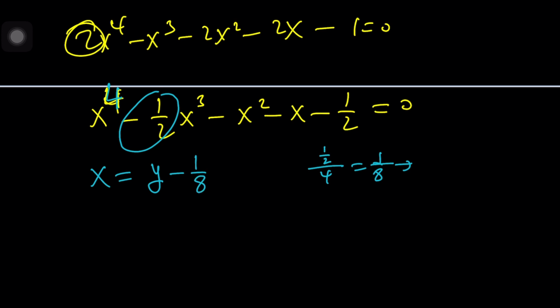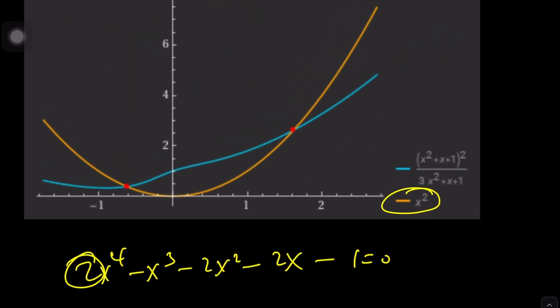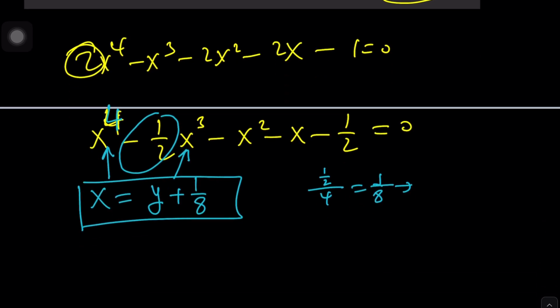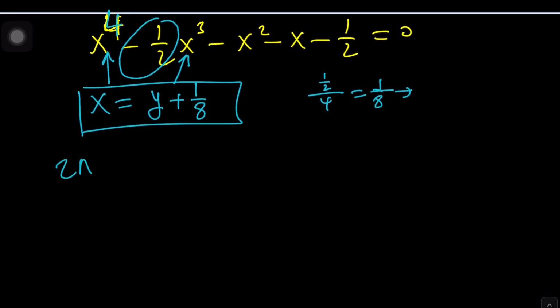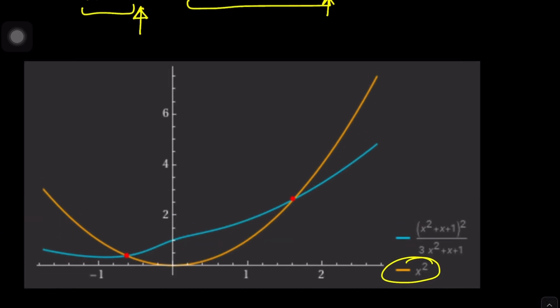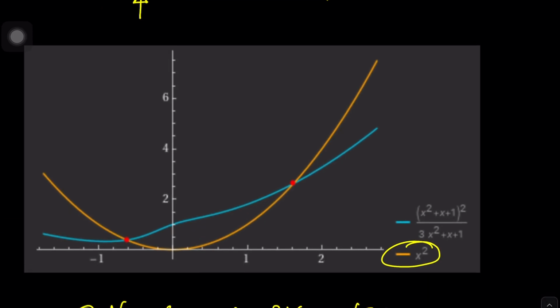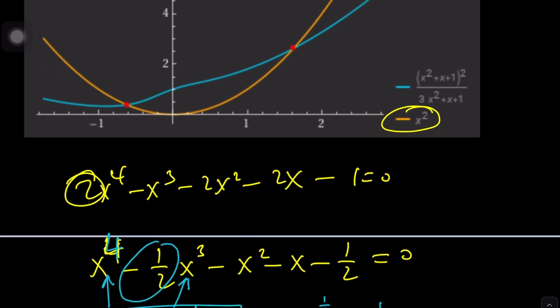Plus, I think there should be a plus sign. Anyways, if you do this, then the cubic term will disappear, and then you can try to solve it. But this is way too long. This is complicated, but not all problems are solvable easily, because the second method kind of uses something real cool. Let me show you. The first method, I'll leave it as incomplete, and I'm pretty sure there are other ways to do it. But let's take a look at the second method, because I think it's really